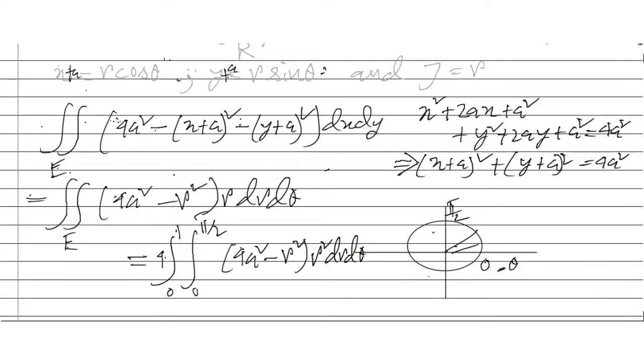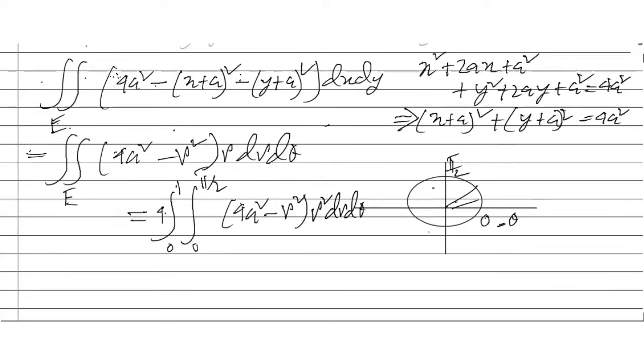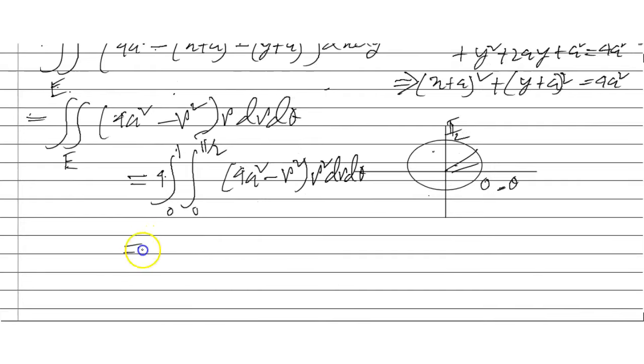And as r is not dependent on theta, I can write it this way: 4 into the integral 0 to pi by 2 d theta into the integral 0 to 1 of 4 square minus r square into r dr, and